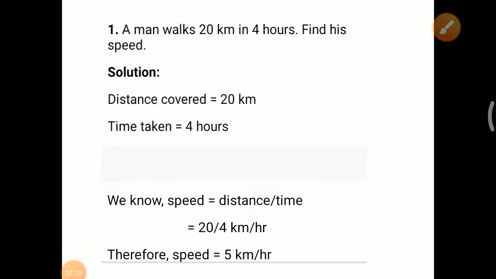So today we have learnt what is meant by the rate of motion, speed and types of speed, and I discussed the numerical problem answers. You have to copy these numerical problem answers in your notebook,